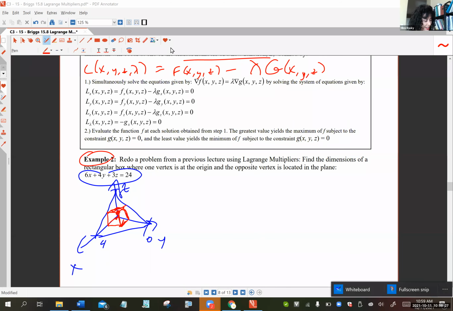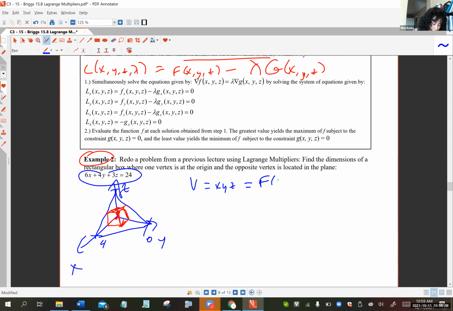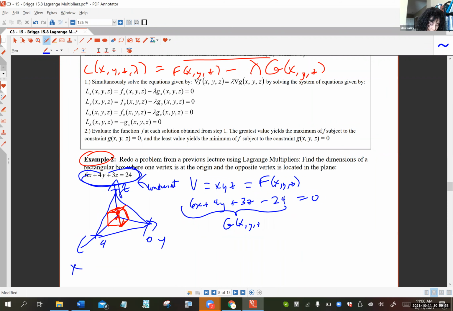So, doing it the way that I'd like you to do it. The big F, the function that we're trying to optimize, which is volume, that's xyz. I'm going to call that the big F. And then the constraint, remember, is your plane equation, although I'm going to rewrite it where I get everything on one side and 0 on the other. So 6x plus 4y plus 3z minus 24 equals 0. So this stuff on the left, I'm going to call it big G, which is a function of x, y,